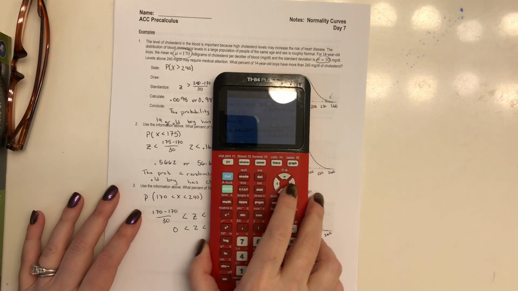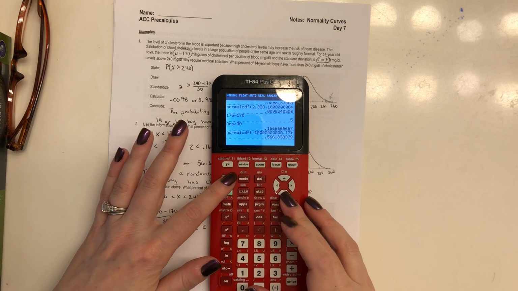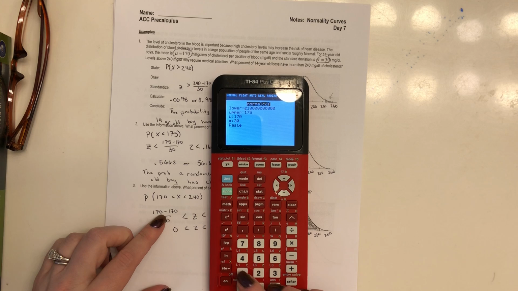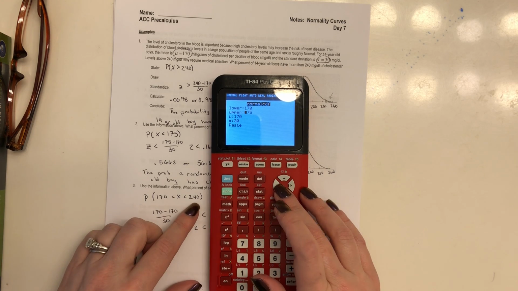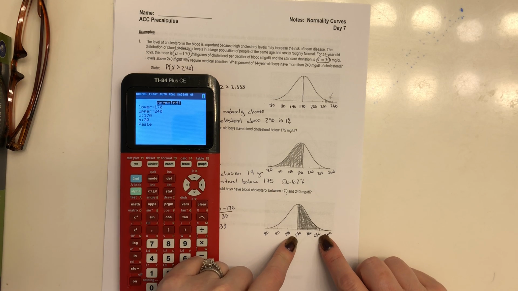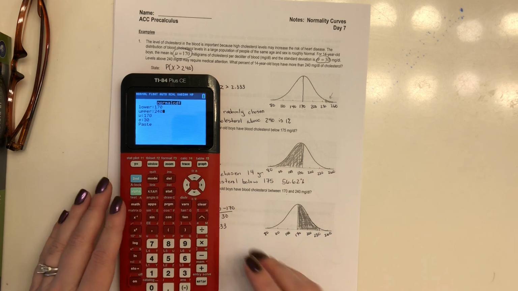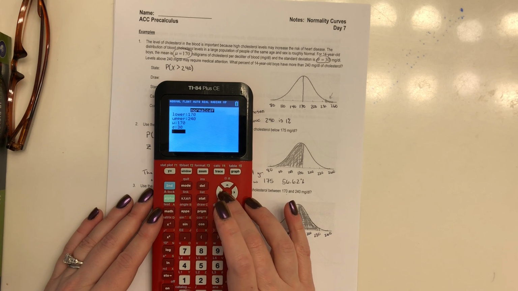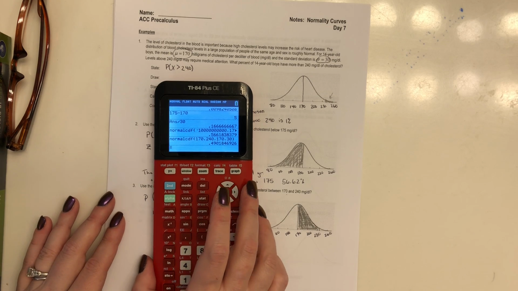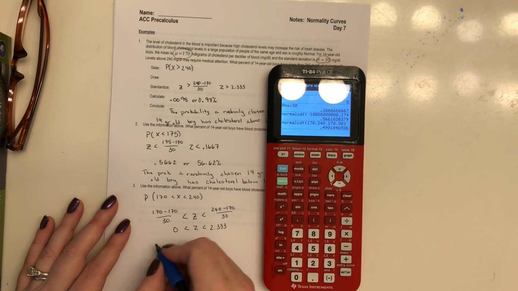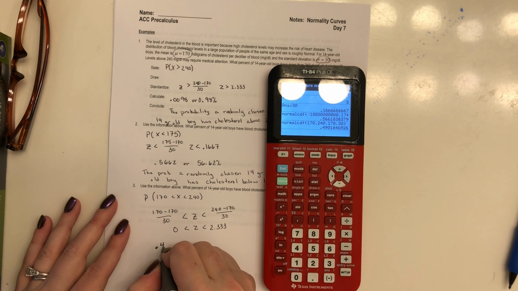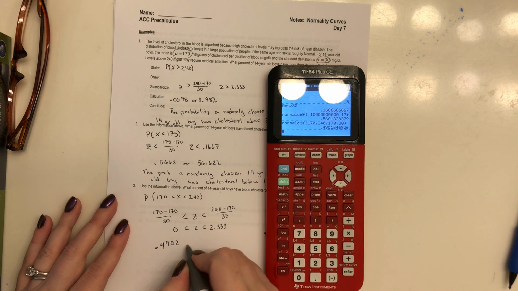So go into your calculator, go back to Distr, pick a normal CDF. Now this time I am going to be going from 170 to 240. Okay, so 170 to 240. So I want this side to this side. That's my upper and my lower. My mean and standard deviation stay the same. Look at that, about 49%. Very logical. So that is 0.4902